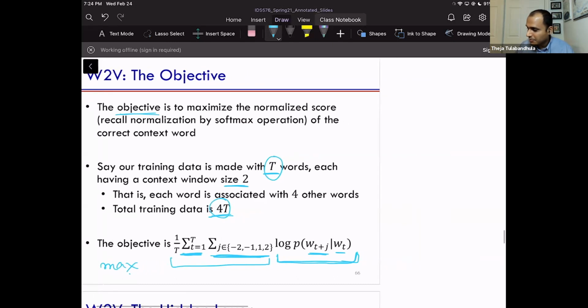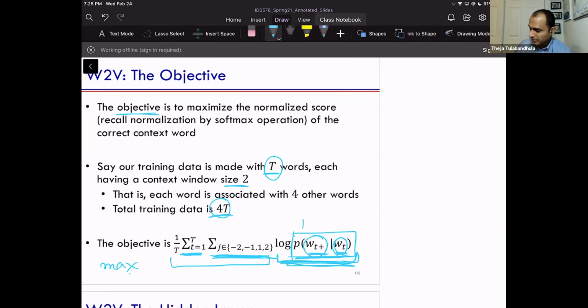Now what is this trying to do? In the previous example there was fox and jumps. Given the word fox, I want to maximize the log probability of the word jumps. That probability is exactly what the neural network is producing: given the word fox, it produces a bunch of probabilities, out of which I look at the probability for the word jumps, and I want that to be highest. So I set the parameters of the network such that the probability of jumps is highest given the word fox. The summation does this for every word and each of the neighboring words every word can potentially have.